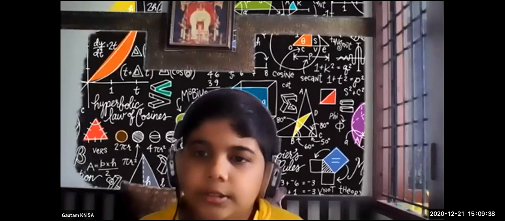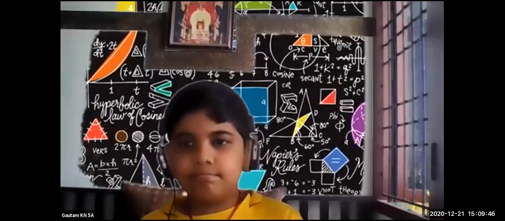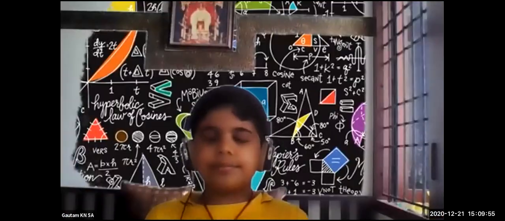The reciprocal of 0 does not exist, because 0 by 1 is 0, but 1 by 0 is not possible. It's not defined. That's why we cannot find the reciprocal of 0. And what is the reciprocal of 1? It is 1 itself. So children, a number and its reciprocal, what will be the product? 1. Understood?